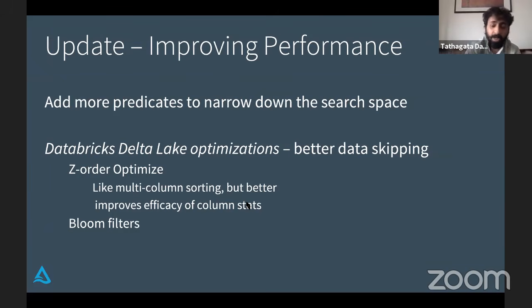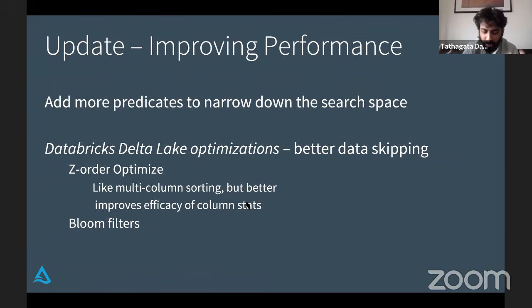It's essentially like multi-column sorting, but much better than that, using space filling curves and stuff. So it improves the efficacy of storing column stats at the level of files. And then there's also support for Bloom filters. We will not go into detail of those, but